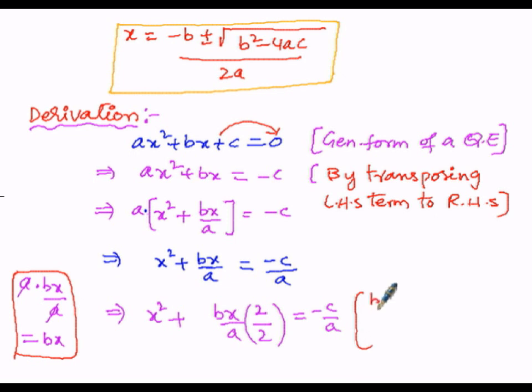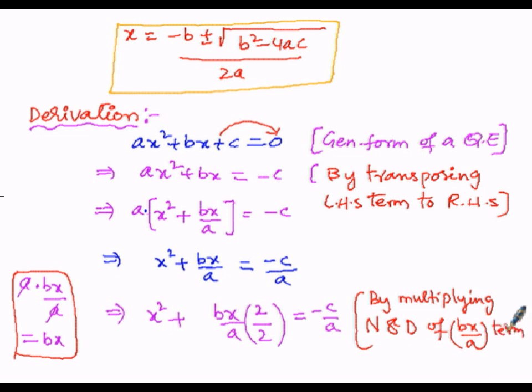So here by multiplying numerator as well as denominator of the term, that is bx by a term, by 2. So here we are multiplying numerator as well as denominator at the same time. I have multiplied 2 in the numerator and 2 in the denominator of the bx by a term. Then the next logical step will be,